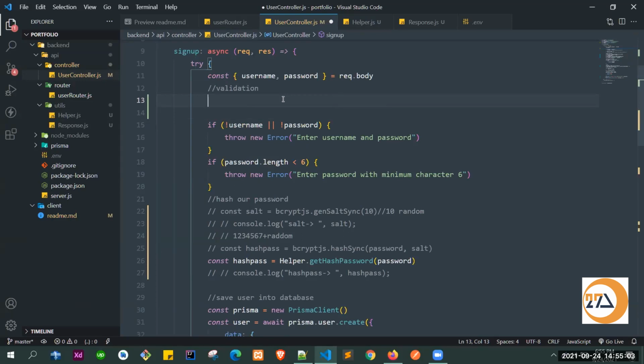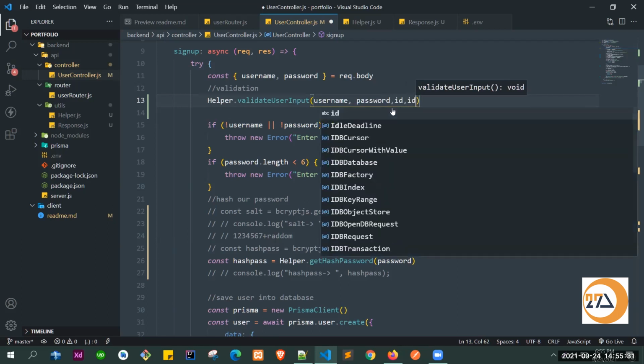First of all, we will write helper dot validate user input, and after that, what we want to validate is, let's say, this will check whether this username and this password have any data or not, a value or not. So we'll pass all the information using commas one by one. Let's say comma, then some other things.